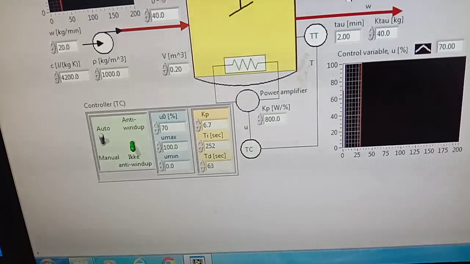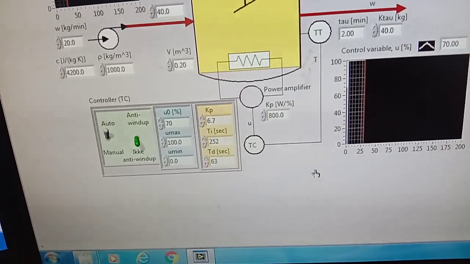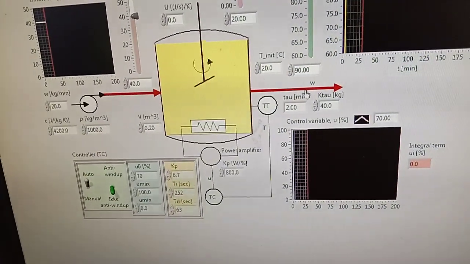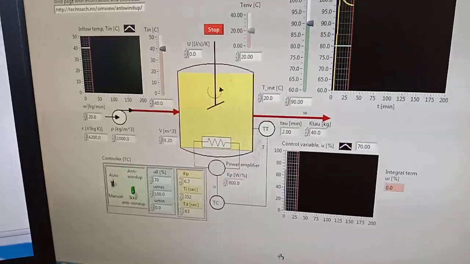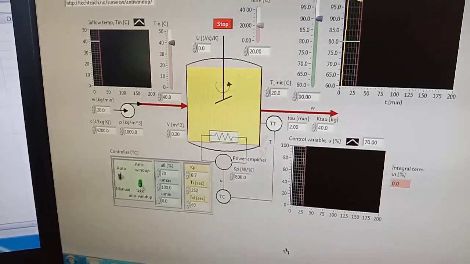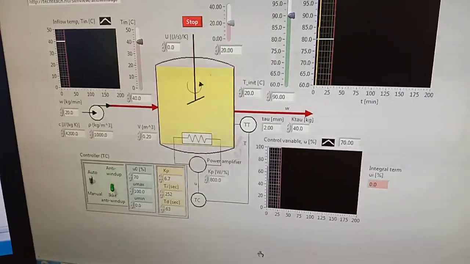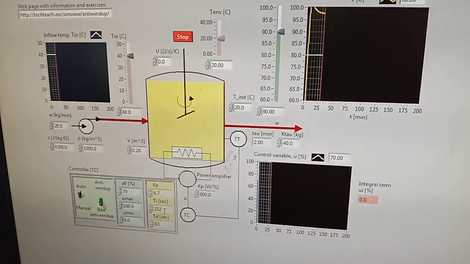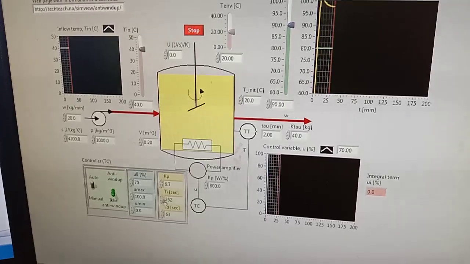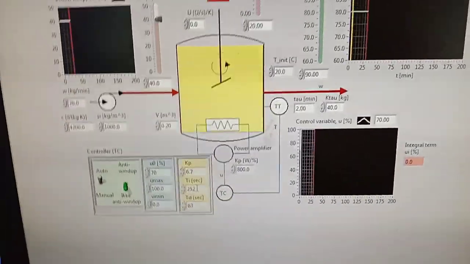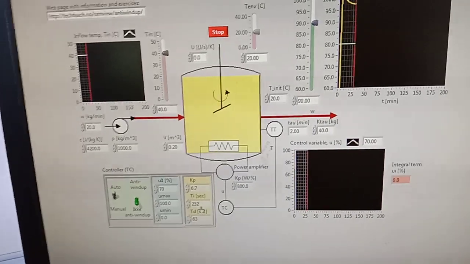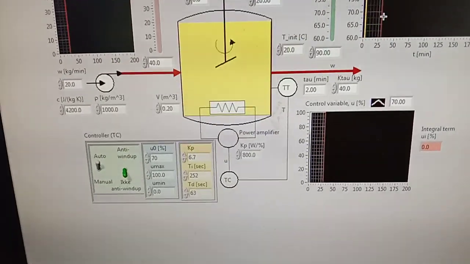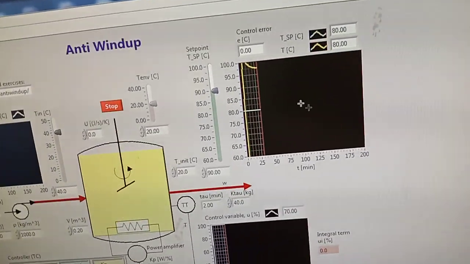Suppose we have set it for 90 degrees Celsius and the value is nearing around 88 degrees Celsius, there is still a 2 degree difference. That difference should be accelerated, so the integral part of the controller gives the signal to accelerate so that the 2 degrees is reached.